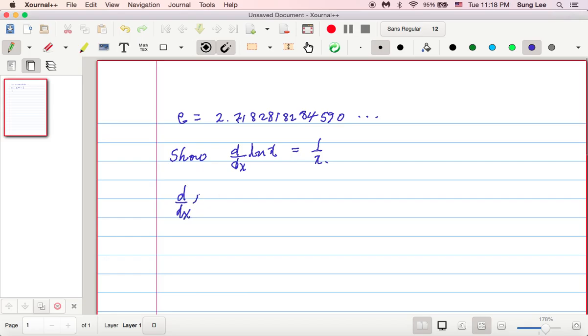By definition, this would be the limit as h goes to 0 of ln of (x plus h) minus ln of x, all over h, right? Now using well-known properties of logarithms,